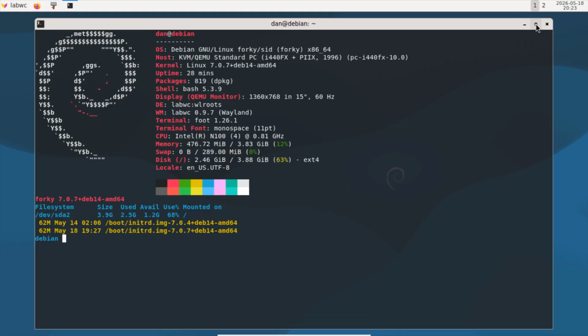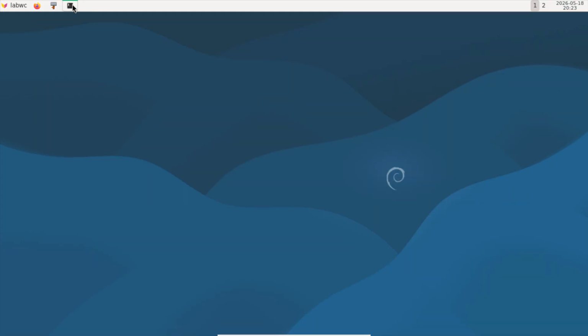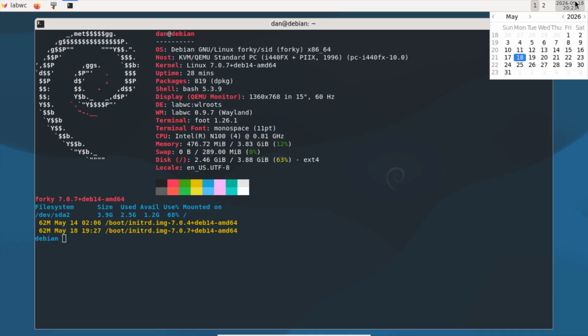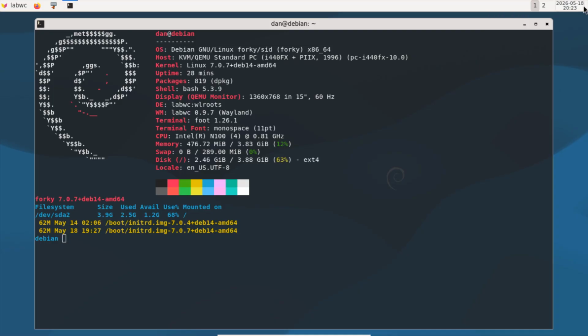These are the buttons from the labwc theme. Here the dock is working as well, and on the right side I deleted the user menu for logout because this is not working in the labwc session. Also important is you can change the names for the workspaces here. And so let's go into